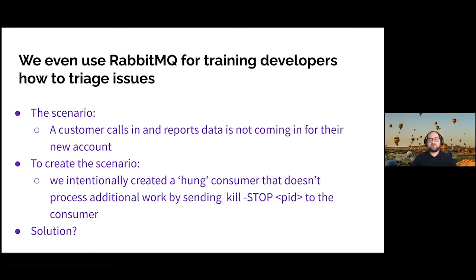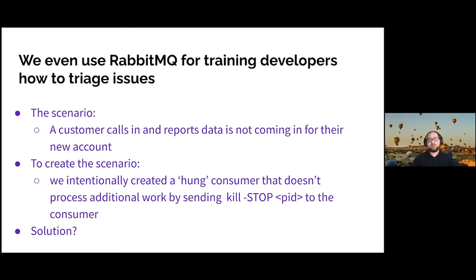What that does is it still shows that it's bound in RabbitMQ admin, but it's not actually processing new work. And we don't have heartbeat set up. We probably should, but that might actually catch the scenario. But in this case, if you load up the RabbitMQ admin, it shows that it's bound, but it's